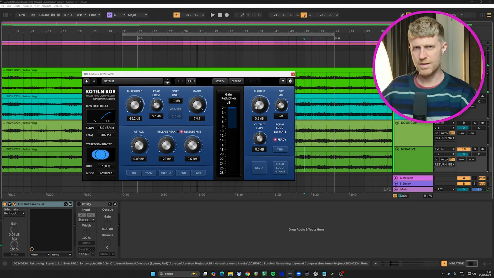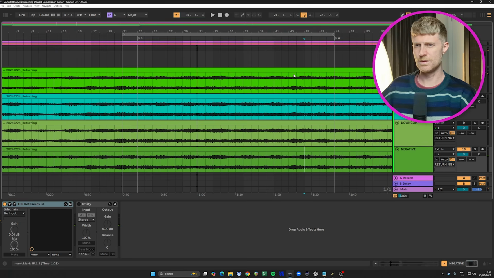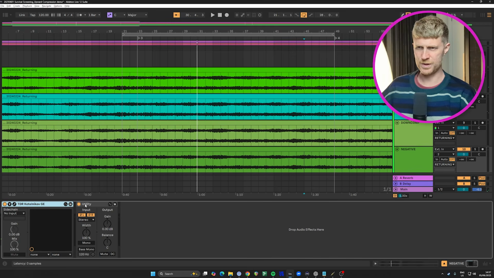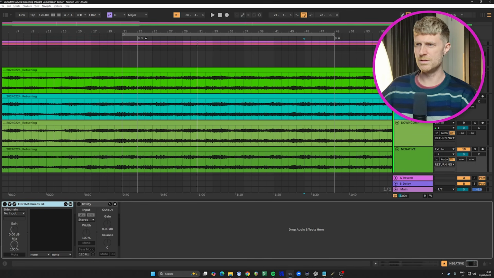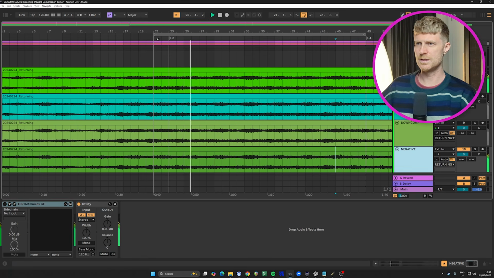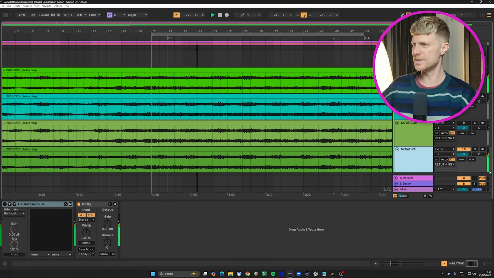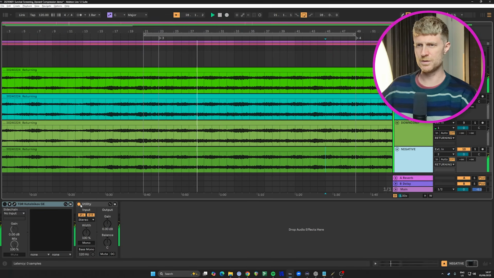And then the next wacky thing it suggested we do is to invert the phase of that compressor. So if you're not familiar with what happens when you invert the phase of something, when it's being copied from the original. So here is the original, and here is the copy. And if I flip the phase, so I've flipped the polarity of the left and the right, it will perfectly cancel out the original, and you can't hear anything, right? So you can see it's playing, but nothing's happening. If I turn this off,